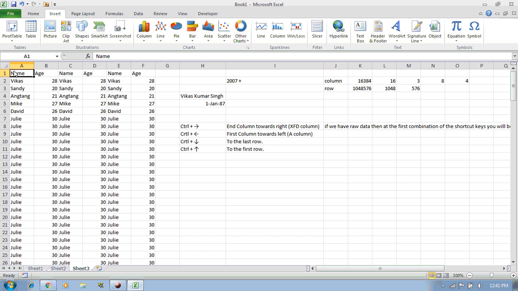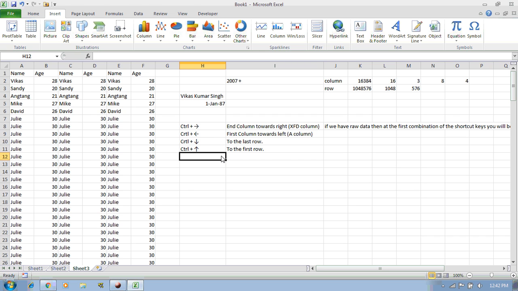If you are at the first row and you press Control and up arrow, you will get nothing, because pressing Control and up arrow moves you to the first row, but you are already there. So you should use your shortcut keys appropriately.